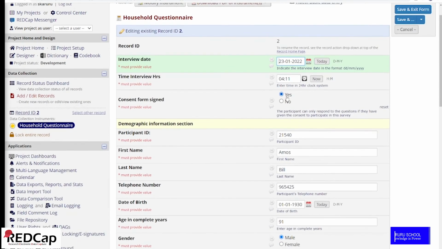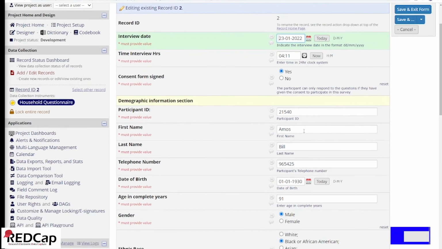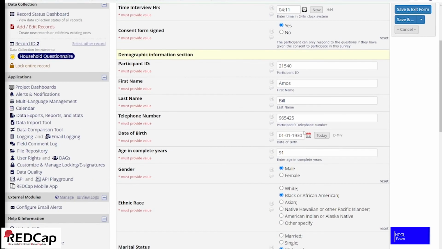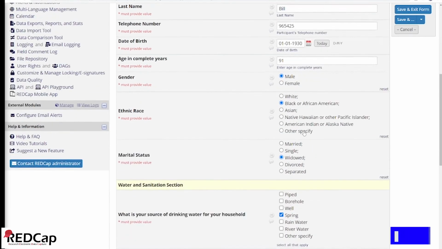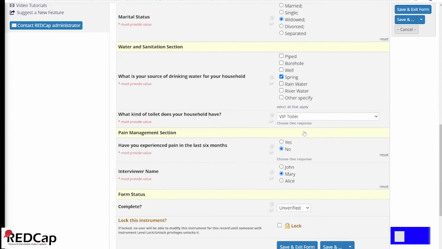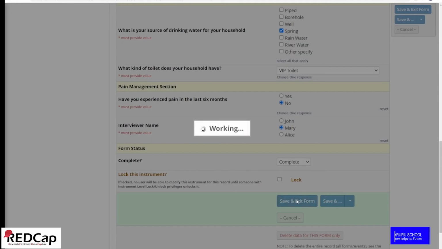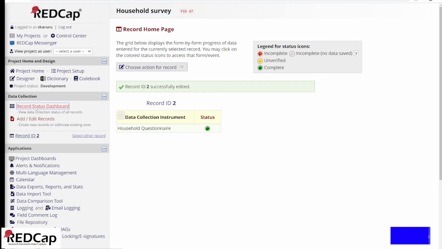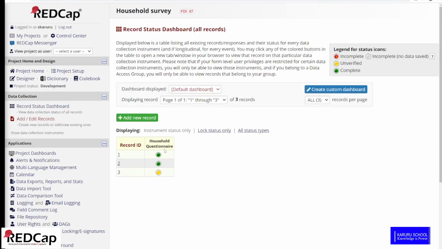Go through question by question, checking whether the details that have been entered are accurate, and once they are satisfied, then they change the status of the form to complete status. Then finally save the form and exit. Looking at the record status dashboard, you have 2 out of the 3 forms verified. So until all the forms have been verified and saved as complete, then that is when we can use